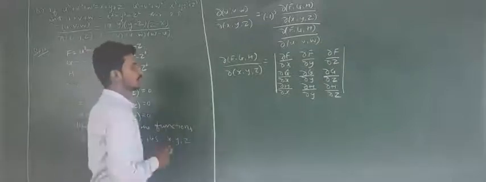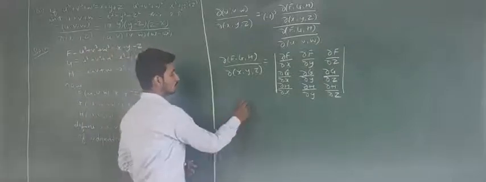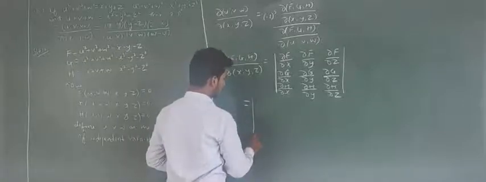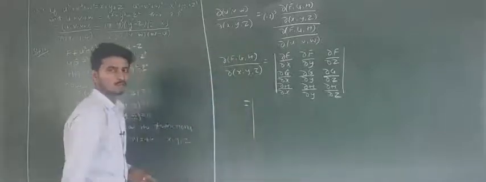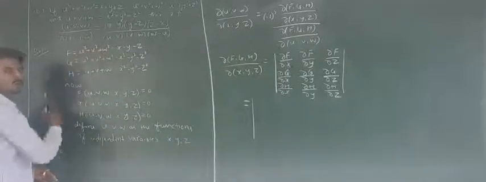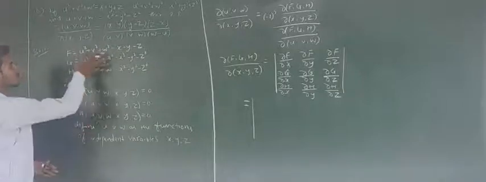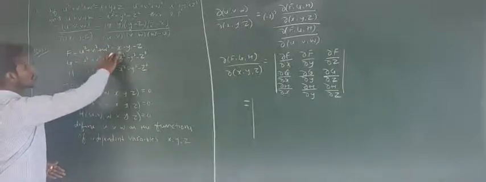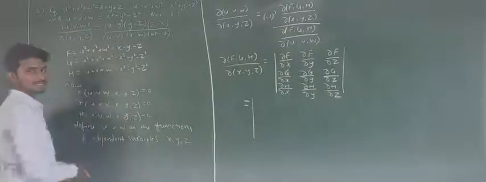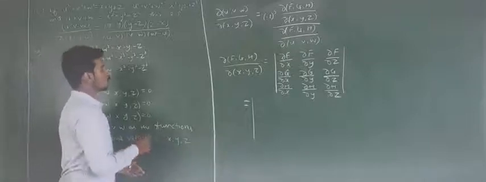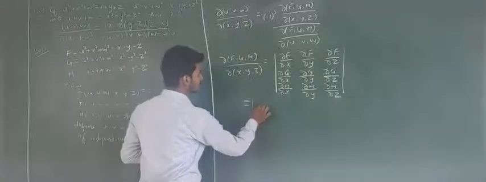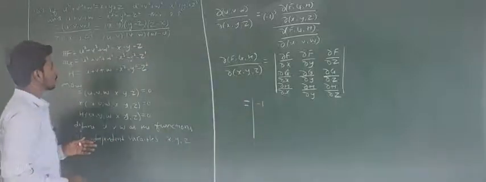We have written this in the determinant form. Now we have to substitute the values for the determinant. So what is the value for dou f by dou x? Dou f by dou x is nothing but we have to differentiate this function with respect to x. With respect to x, all the other terms become constant except x, so if we differentiate minus x, that will be minus 1. So the value for dou f by dou x is minus 1.